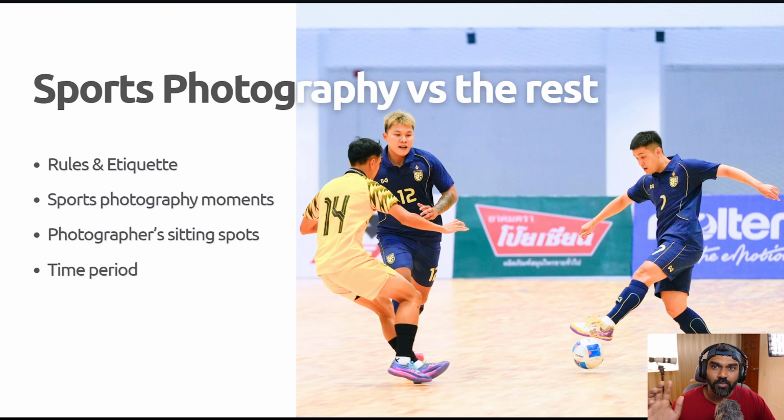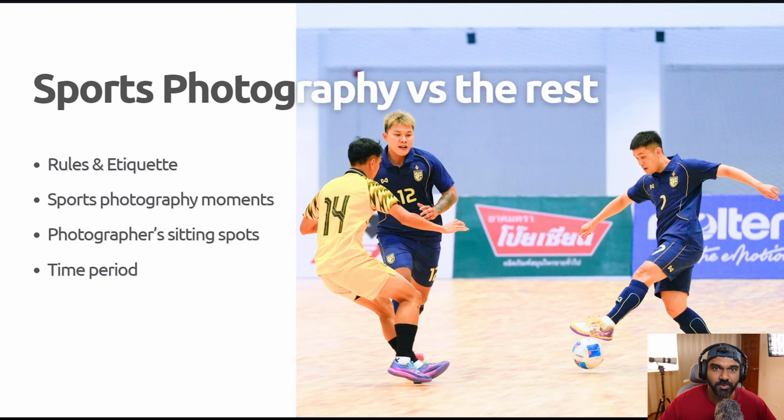So, what is the difference between sports photography and the rest of the genres? First of all, as a photographer, you have certain rules that you need to follow. I'll explain the rules in a bit. Secondly, what are the key moments in that sport? For example, swimming is a sport. What are the key moments in swimming? You have to have a mental note: I'm going to take a photo of the guy right when he's coming out of the water, and probably right when he's pitching the surface of the water. There are so many key moments that you can think of in swimming. Likewise, each and every sport has its own key moments, so you have to understand the game.